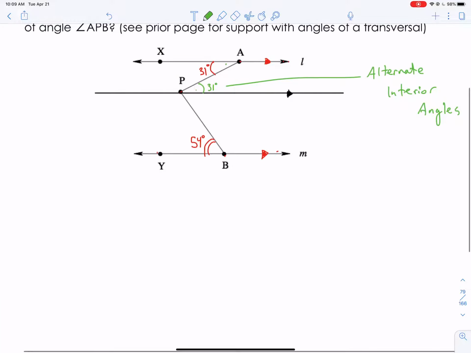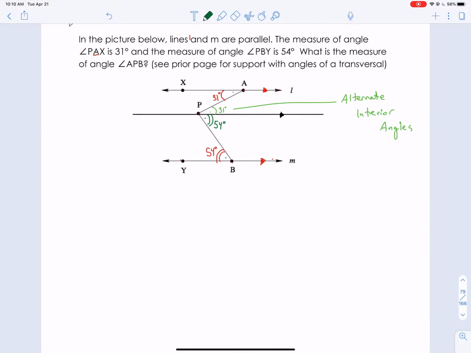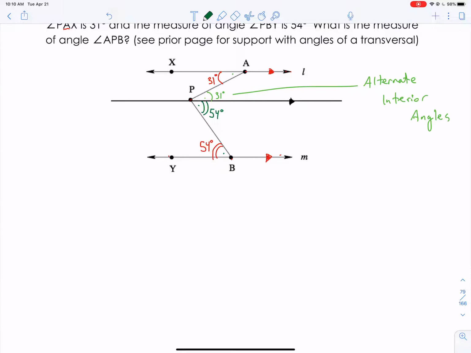Then we look below that line, just ignoring everything above it. Now we have these two angles, and those are also the same as each other for the same reason. Those are alternate interior. So think about it. Interior means inside of those parallel lines. Alternate means on the opposite side of this transversal here. They're on opposite sides, and they're inside of the parallels. So those are also alternate